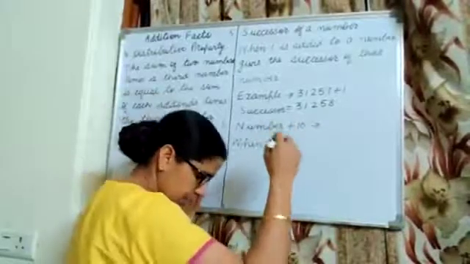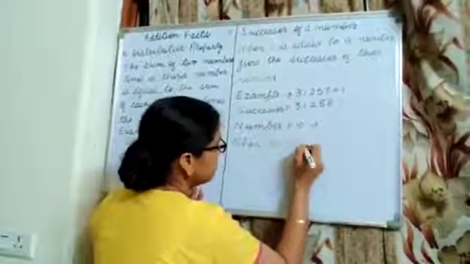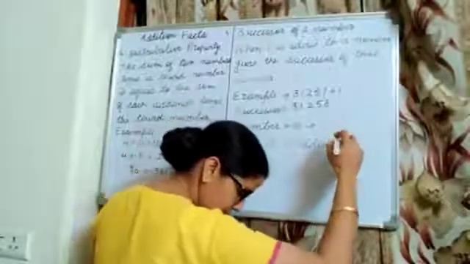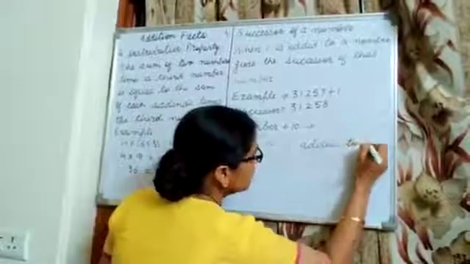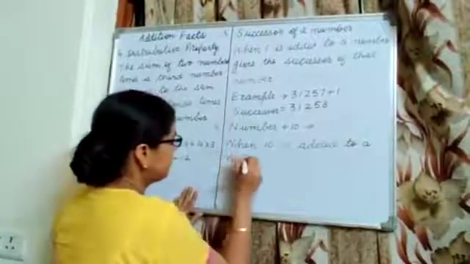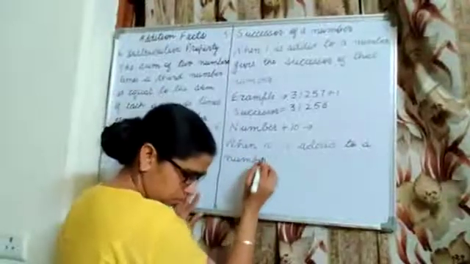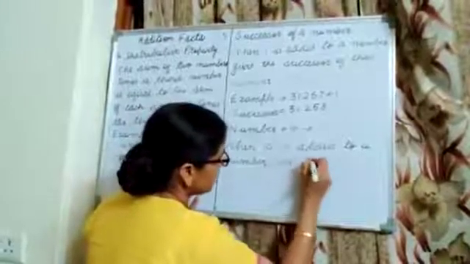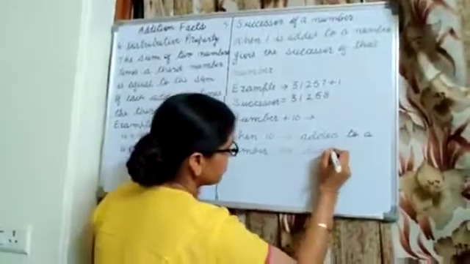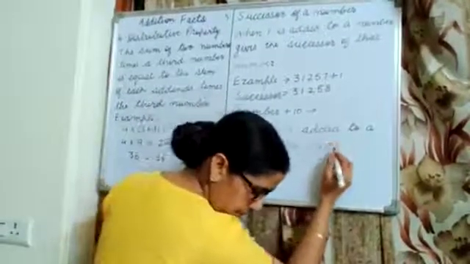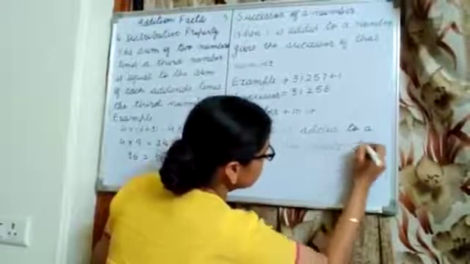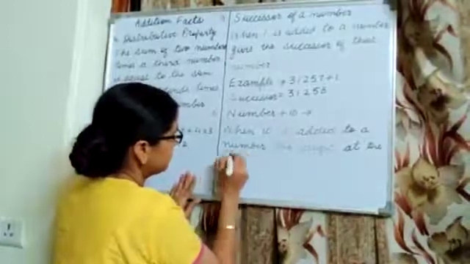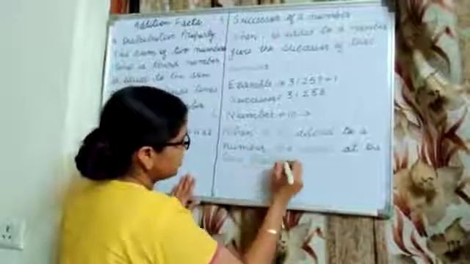When 10 is added to a number, the digit at the tens place is